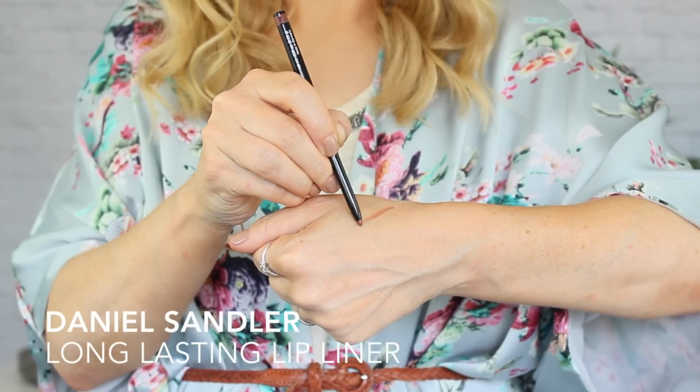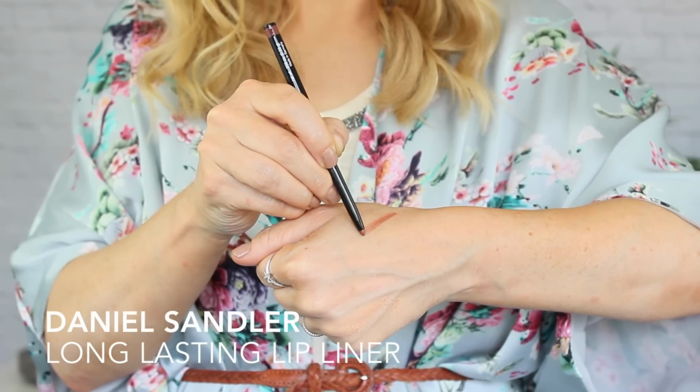The great thing about this is that having products that have dual purpose means that it makes your makeup bag much lighter. Plus, when you're at work or you're out and about, you can top up your lipstick and top up your healthy complexion. Now I'm going to take the lip liner from this Nude Lip Trio and show you